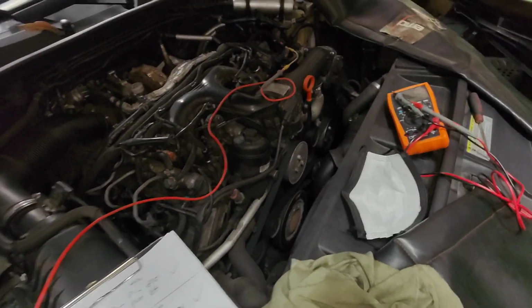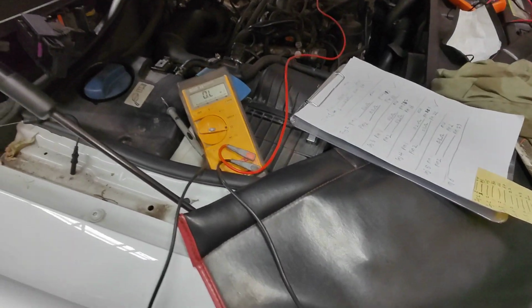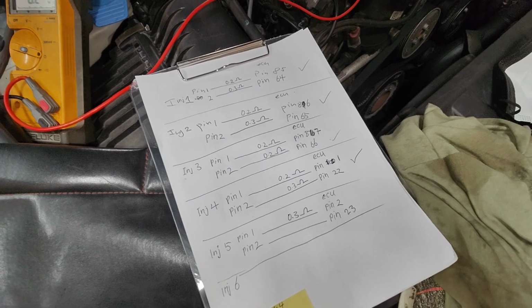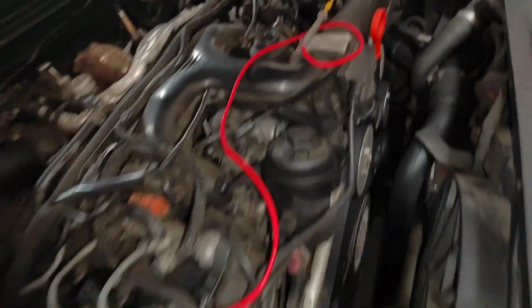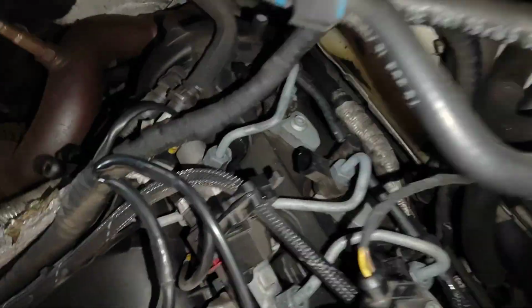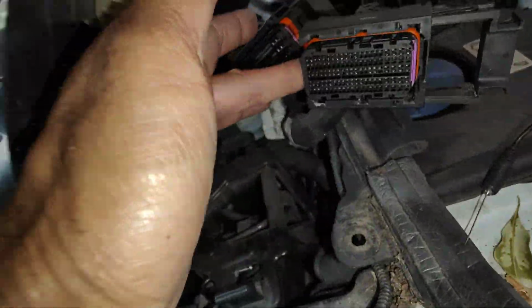Today we just took the DPF filter off. We're going to send it away to get it commercially cleaned. But what we're doing now, we're just removing the injector's plug shown here. That goes on the injector, that's number 5. This one here. And then what we're doing, we're testing the resistance from the injector to the actual ECU plugs,